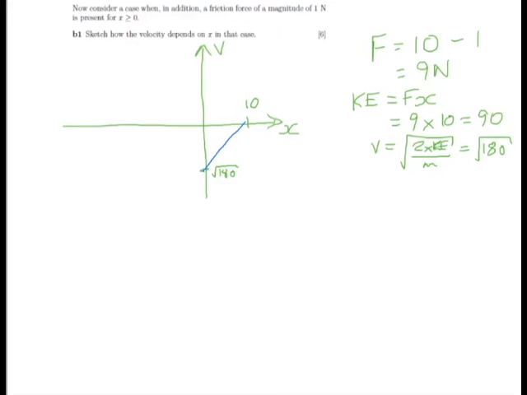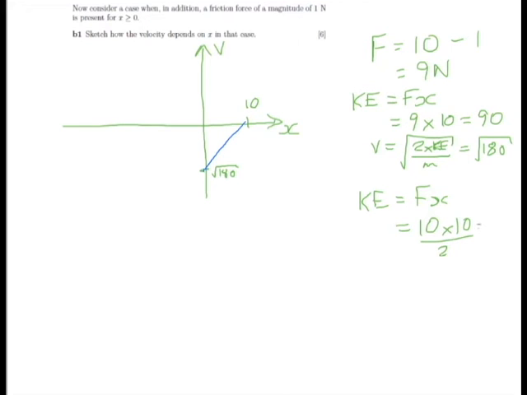and we can draw a straight line there to represent a constant acceleration up to root 180. Now, as soon as you get to 0 on the x-axis, the frictional force stops, so the force beyond this is the same as it was before, and we've got that triangle of force. So the maximum kinetic energy we're going to reach over this next stage is going to be the same as it was before, which is the force times the distance. And it was a little triangle on our original graph, wasn't it? So we end up with 10 times 10 divided by 2,